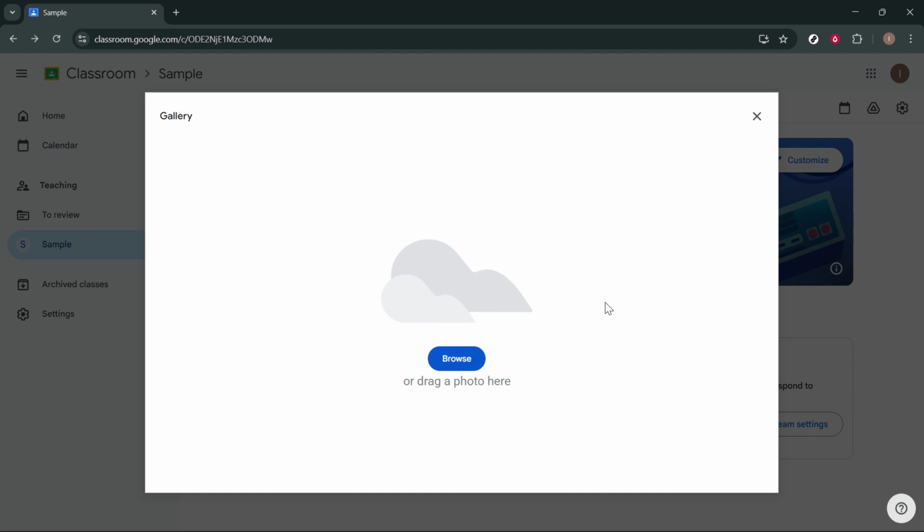image. With just a few clicks, your Google Classroom banner now reflects your style and sets the tone for your